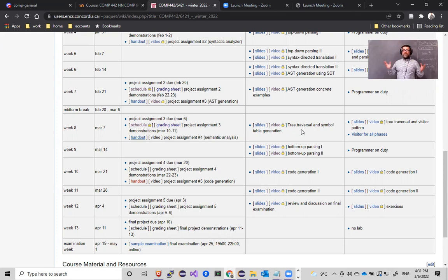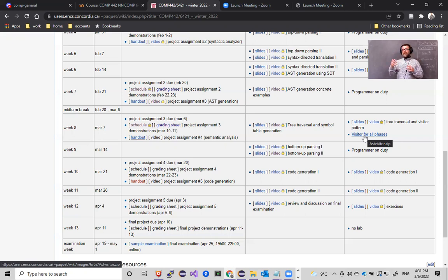I say as much as possible because I'm giving you freedom to use whatever language you may want to use. Now, if you don't use an object-oriented programming language, you won't be able to use the visitor pattern because it's an object-oriented design pattern. Okay, so the video and the slides are describing that. And then here is some example code that I designed myself as a Java program, which basically is creating an AST